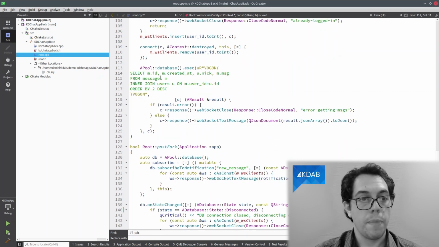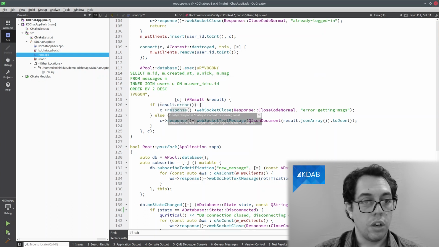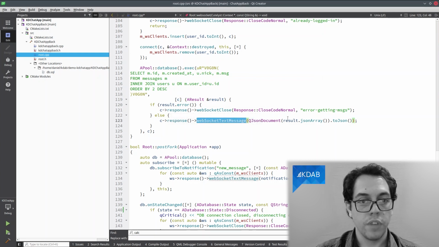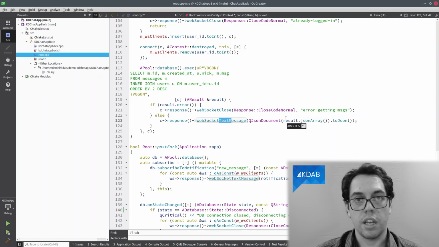Below we have a database query to fetch all the messages, doing a join with the users table to also fetch the nickname of the user. Once we have all the messages, we are going to send them as a text message, because WebSockets accept binary and UTF messages, and we're just going to send the JSON object here.